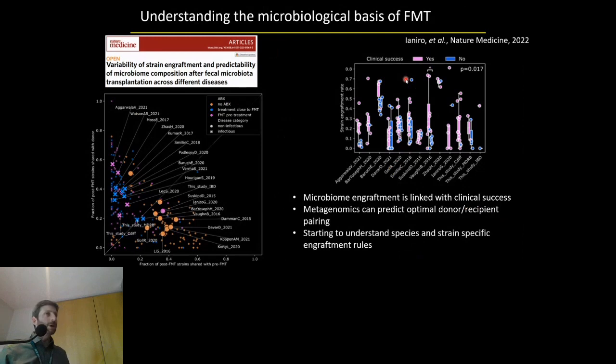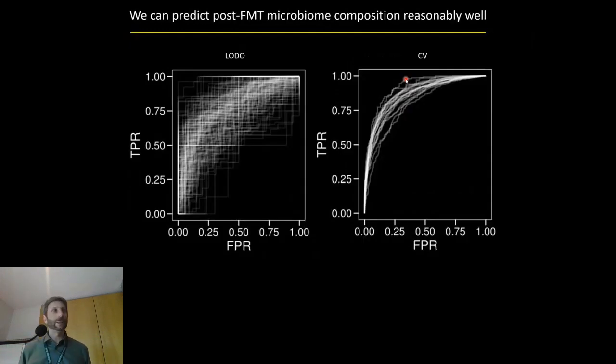characterize this. There are some species that are way more transmissible than others. I'm not going to go into the details here, but even more importantly, given the donor microbiome, the recipient microbiome, and the strain-level patterns, we are able somehow to predict what is the composition of the microbiome after FMT. This is very important because you may use this approach to identify which is the best donor for a given